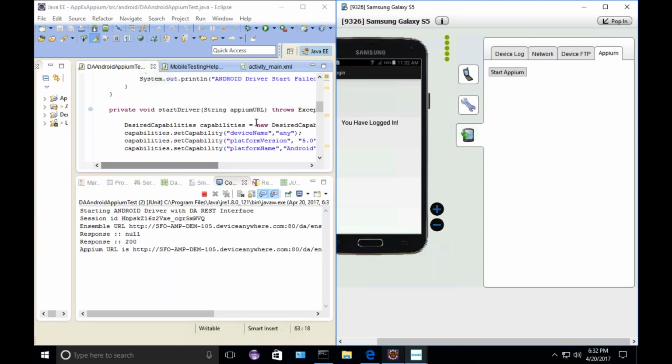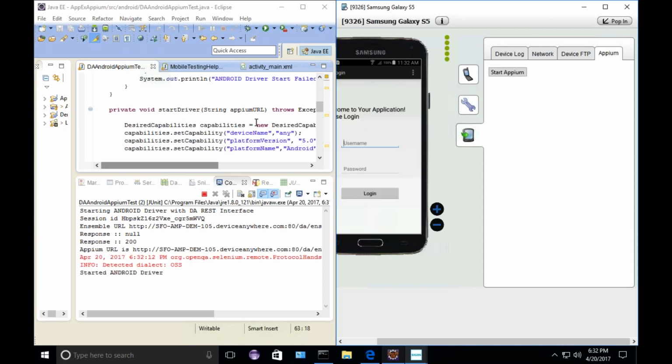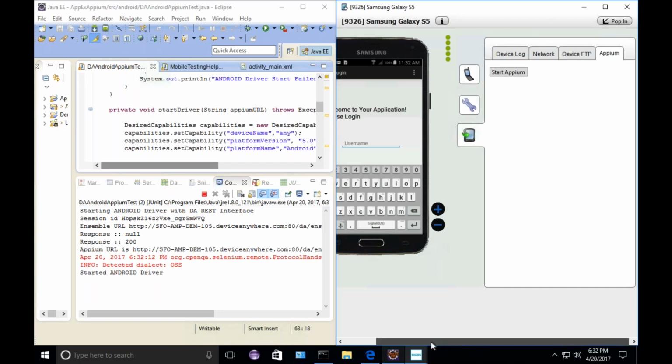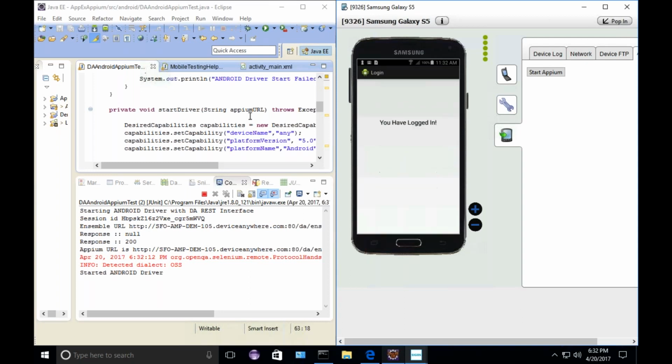What we're doing is calculating that it's going to be set dynamically. We're saying start the Appium session remotely. We don't want to have to go in and physically start this each time, right? We're automating the entire process through our mobile device helper. And we can see it's sending the exact same commands, and it's doing the exact same thing that you would see if you were launching this on your regular emulator. But instead, this is a real physical device that we're just pointing our test case to execute on.